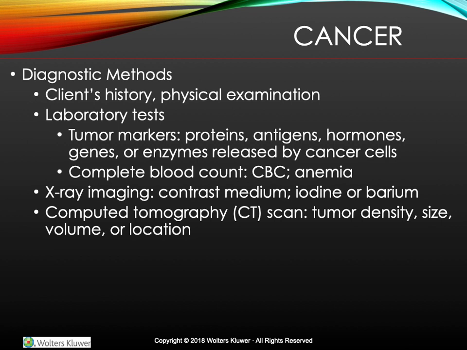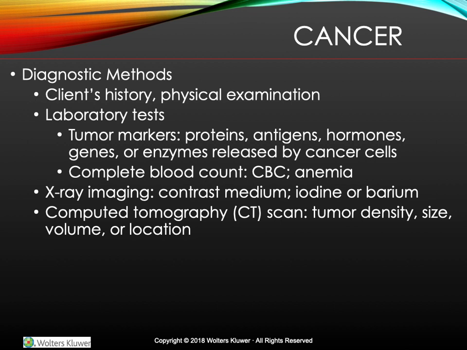And during physical exam, you're going to look for any abnormalities. As far as our lab tests, you're going to do those specific organ function tests: renal, pancreas, thyroid, liver. You're going to look at those tumor markers, proteins, those specific antigens, hormones, genes, or even enzymes released by the